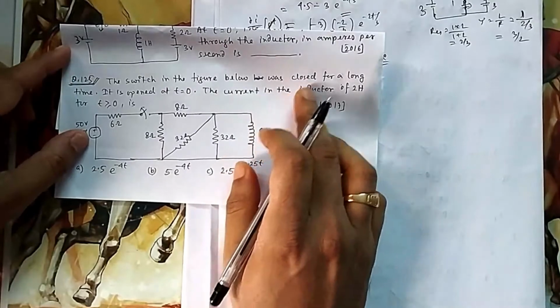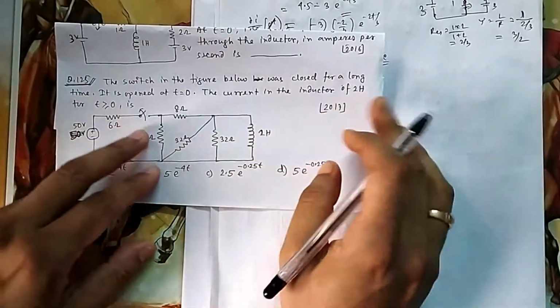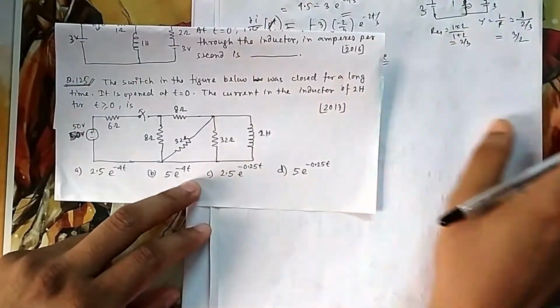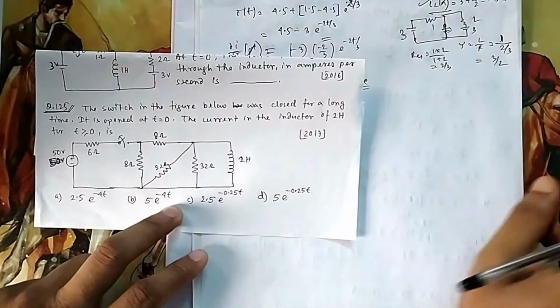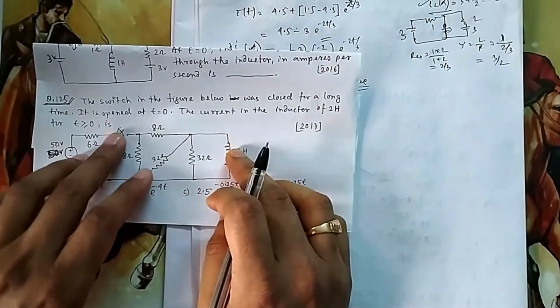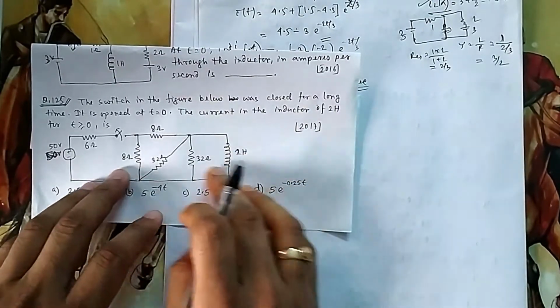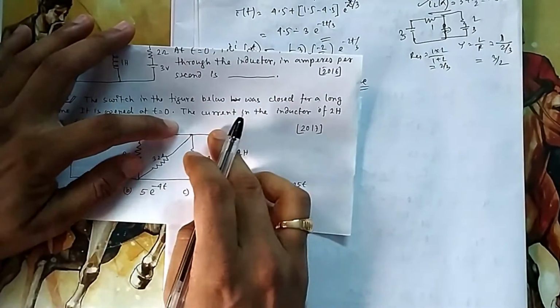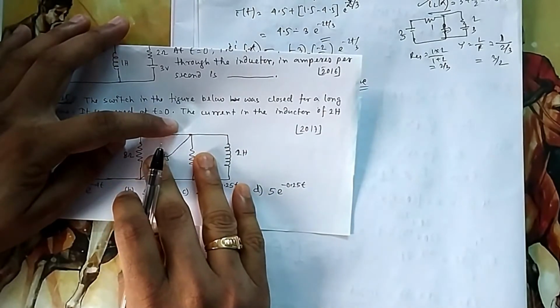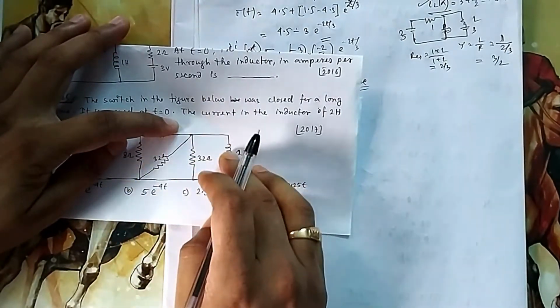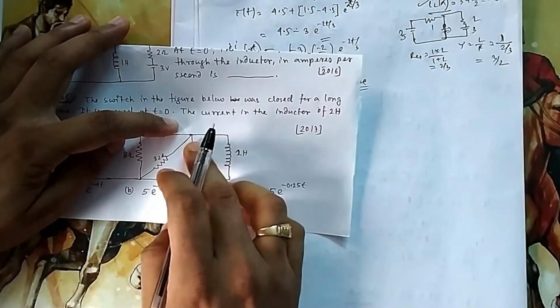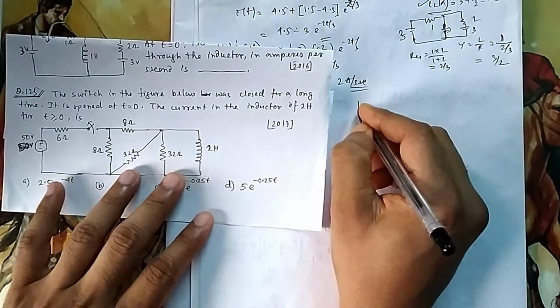It was closed for a long time. Let me again, for current we will use this mantra. For that mantra, what we need are i infinity and i0. So if it is closed for a long time, how will the circuit look? This is a short path. So the current will come up to this, and it is a short path because these two are parallel. If it is a short path, all current will flow through this, so no current will flow through this. So your circuit will look like this.